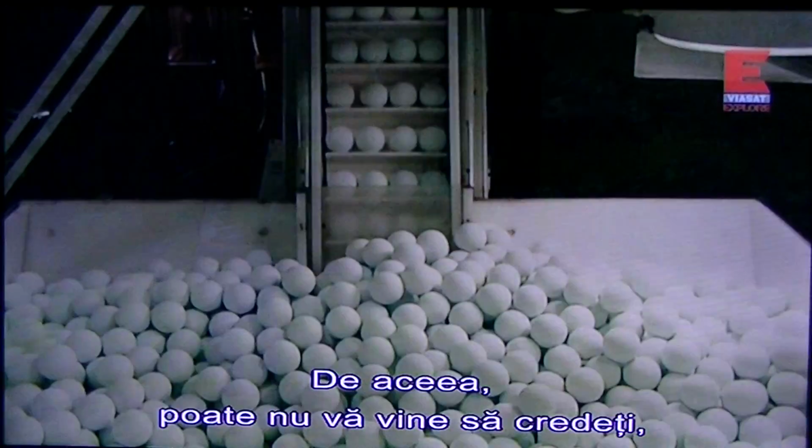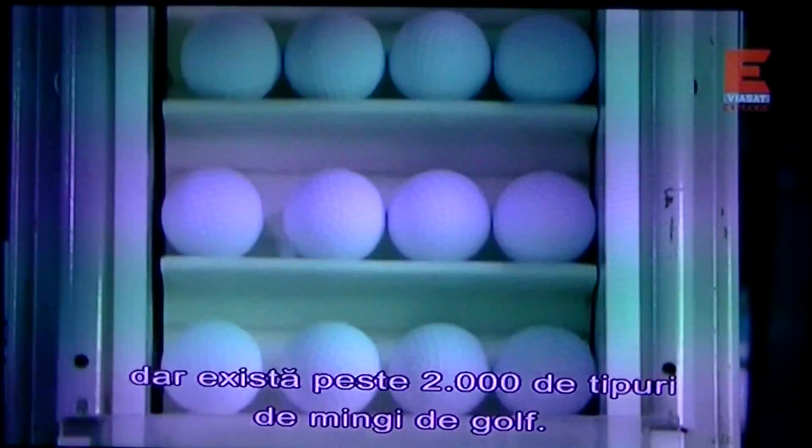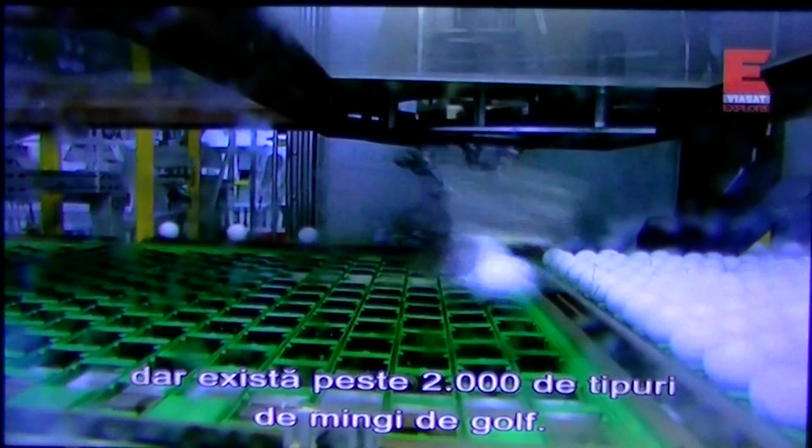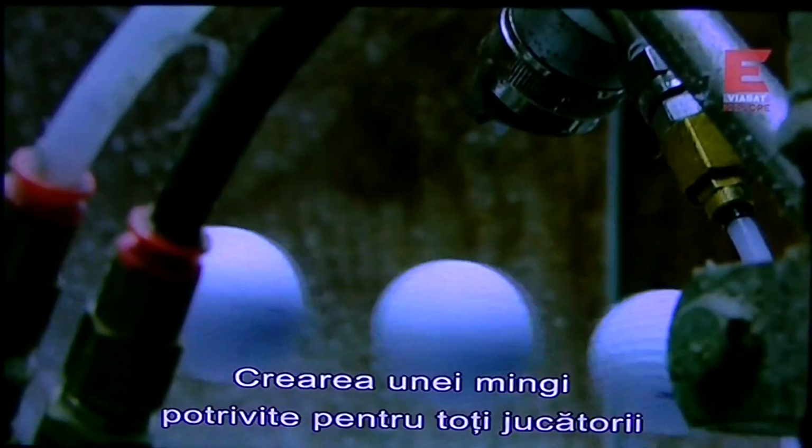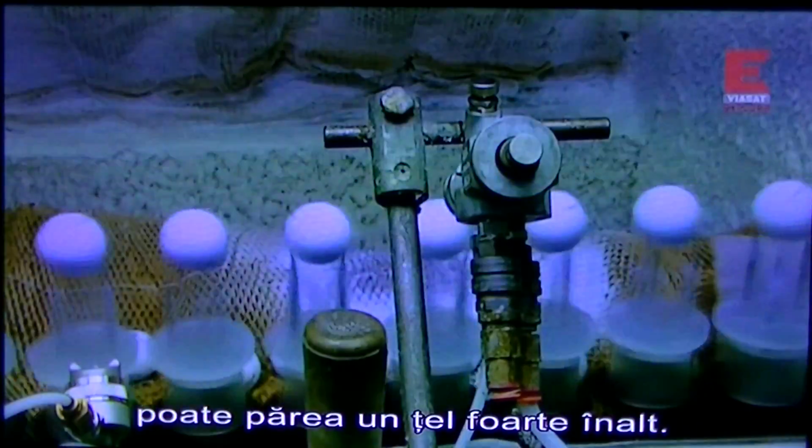And that's why, believe it or not, there are nearly 2,000 different types of golf balls available today. Creating a golf ball to suit the game of every type of golfer may sound like a tall order,